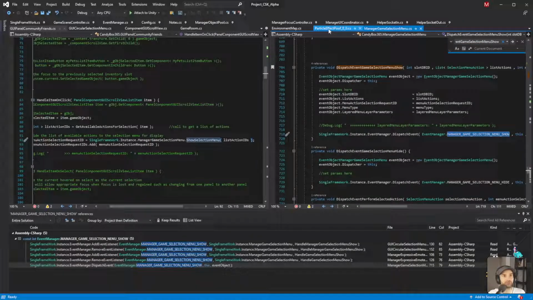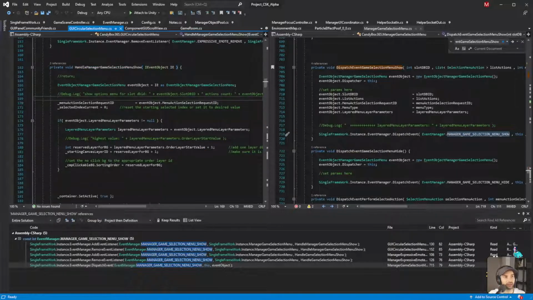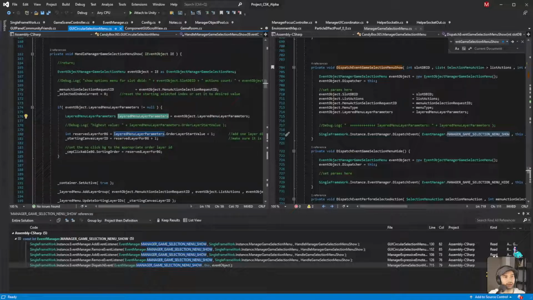I'm going to close some of this stuff. So when we capture it, we grab this reserved layer for background. Oh, that's what's happening. It's because we're not passing anything in. Because we're not passing anything in, the background gets defaulted.